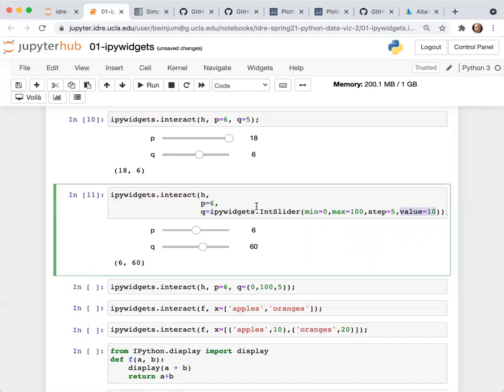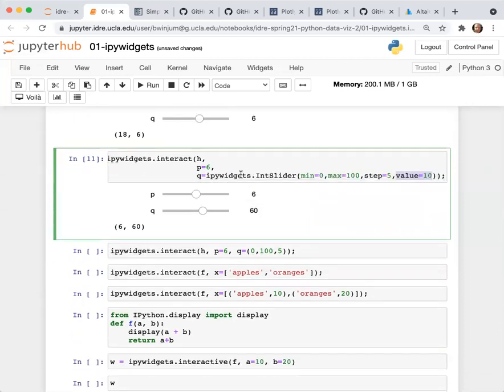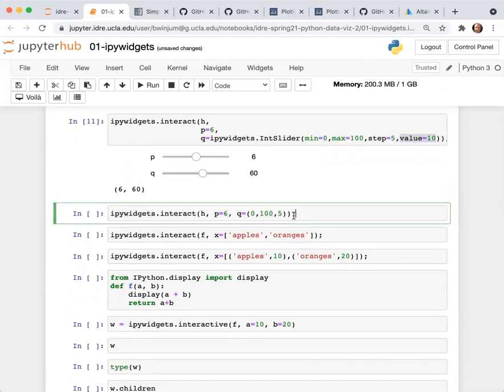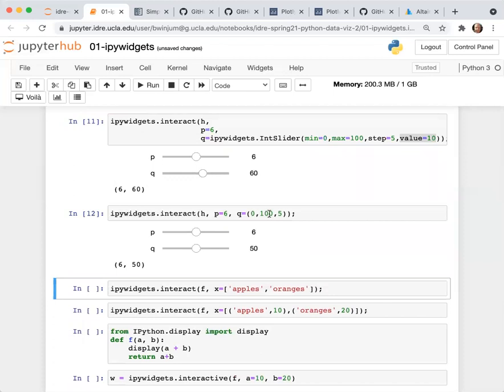And there's a shorthand for this as well. If you don't want to explicitly specify the slider, you just want to have a min and a max and a starting value, you can pass that in as a tuple to the parameter. So in this case, it goes between 0 and 100 in increments of 5.